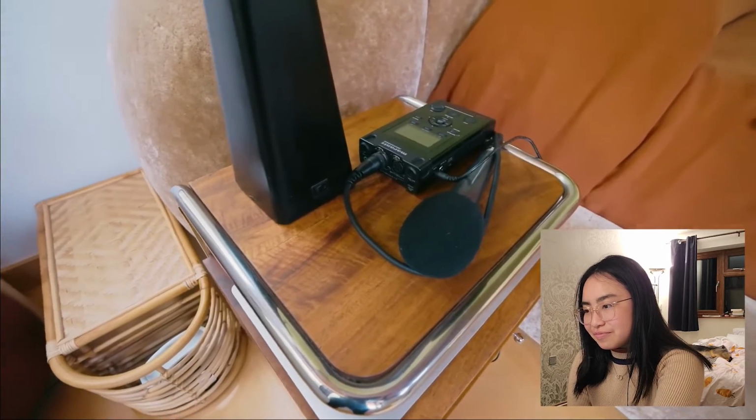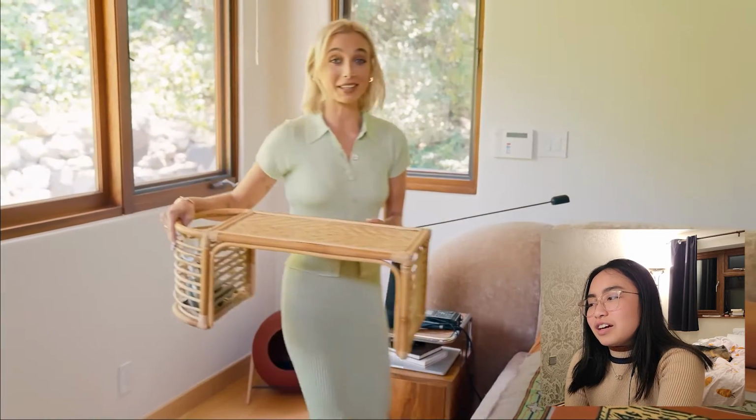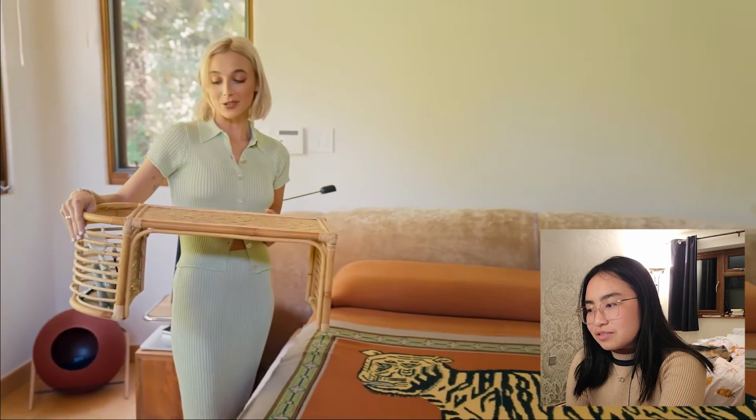I also do a lot of my work in bed. I have my podcast recording equipment, my computer. Oh my god, I love listening to her podcast. It's so good. Also, nobody wants to see this, but I have a lap desk thing so I can, you know,